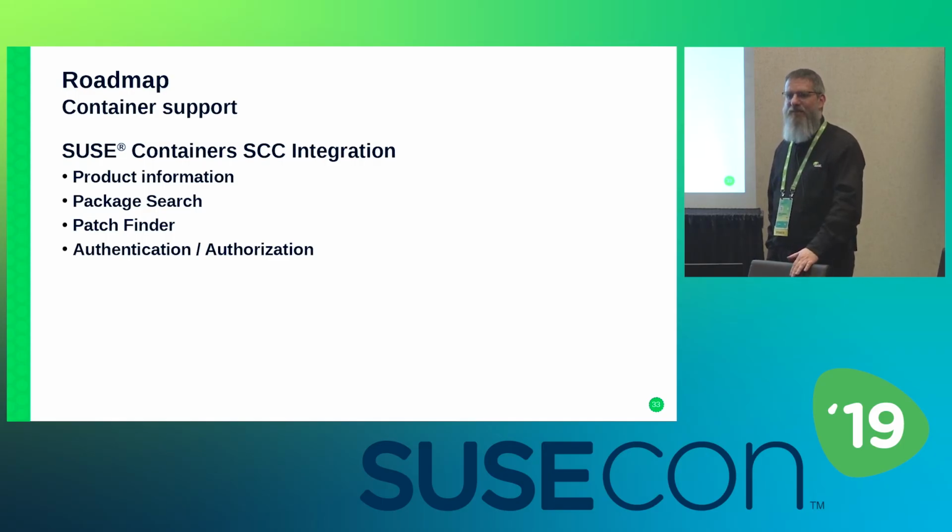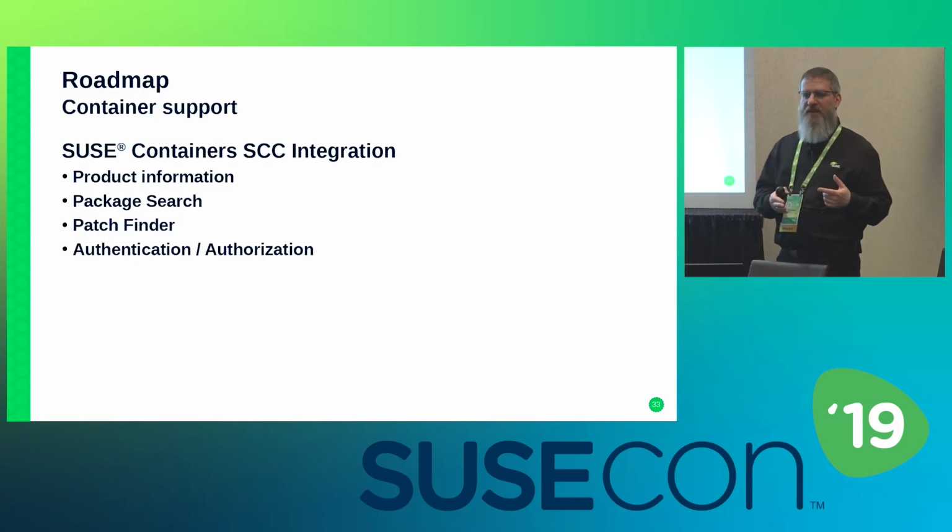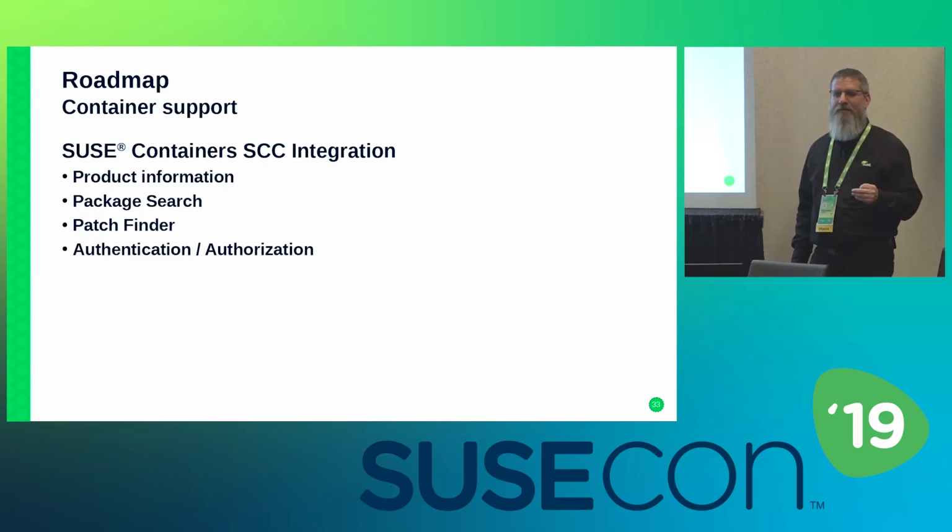That model could be roughly the same, but that would require us to build the containers. But what I was looking for is something like a package hub for containers. The community could also offer something like that as well. So we're having that kind of discussion, but we're not decided yet because